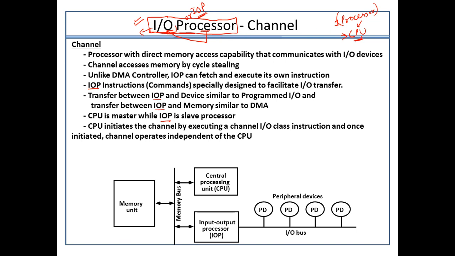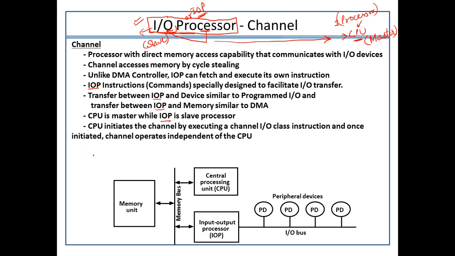Again, I would like to let you know that, by including all these points, I simply mean that the CPU is always the master, and the IOP is always working as a slave because it has to work under the supervision of the CPU. It has to take the request or the signal from the CPU that it can now transfer the data in whichever way it wants to. So this was the important point to understand.